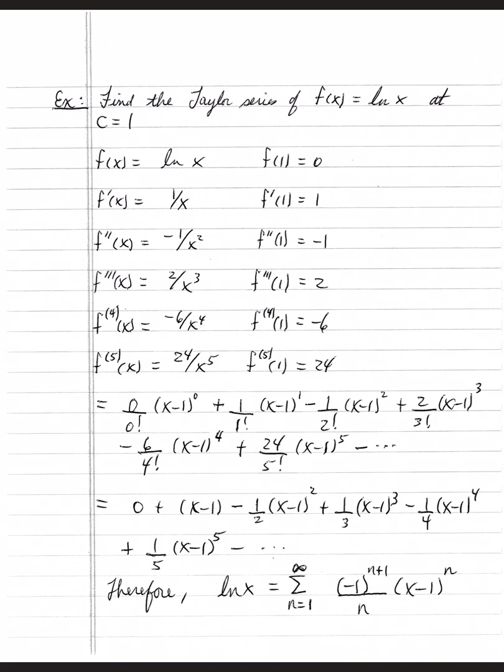And then finally, 24 over 5 factorial reduces to 1/5 times x minus 1 to the 5th, and then the